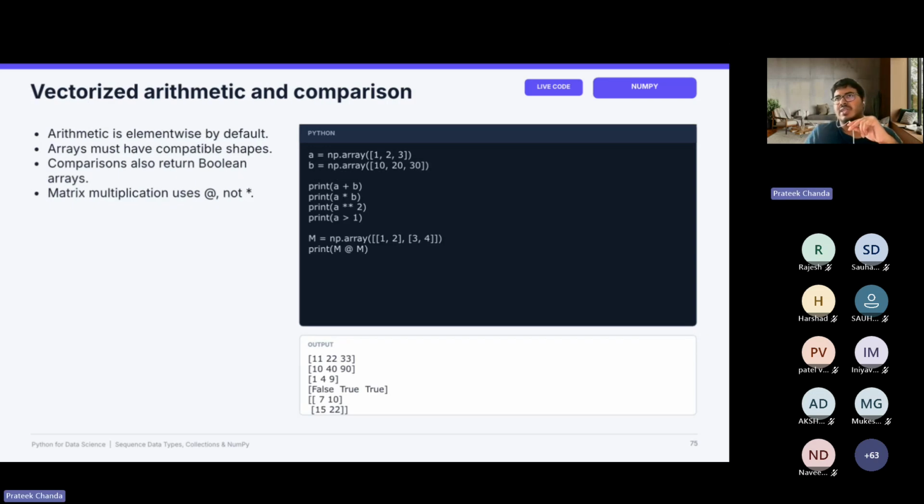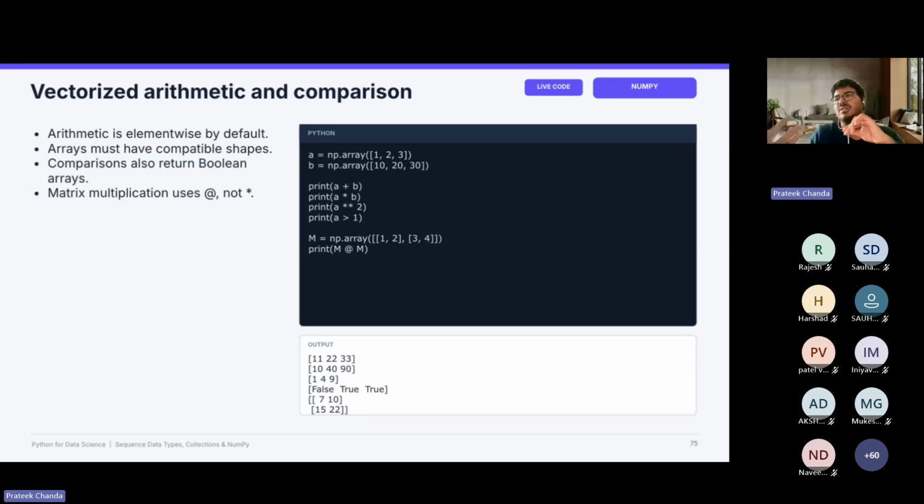There is also vectorized arithmetic and comparisons, similar to the list comprehension that we saw, which uses vectorization. Instead of, let's say, multiplying all the numbers in the array by 2 with a for loop over the entire thing, I can just do array star 2.